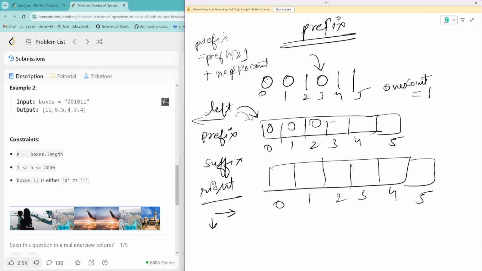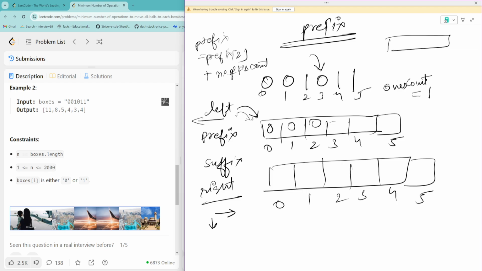And why so? Because if we are moving, let's suppose till 2 we will be having 3 balls. Okay. And the number of operations would be, what we can say, 6. If the number of operations at the index,